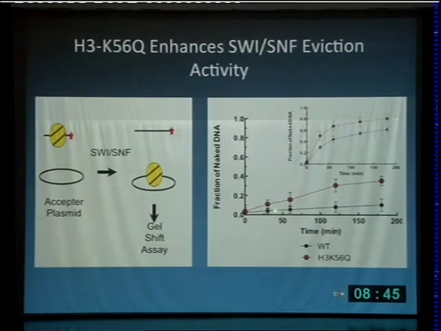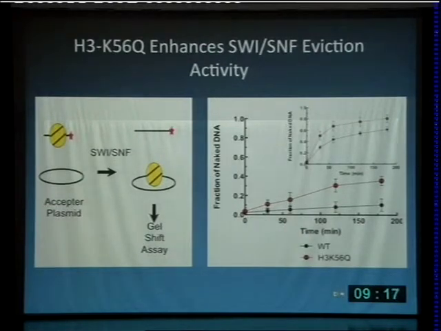What you see here, when we feed it wild-type nucleosomes at this concentration of SWI/SNF, is a pretty lousy nucleosome evictor. Typically, the RSC enzyme is a much better evictor of octamers. SWI/SNF is not very good, but if you feed it now a nucleosome where K56 is mutated to Q, that gives about a 4- to 5-fold stimulation in the rate of octamer eviction by SWI/SNF. We see about a 2-fold increase in the rate of octamer eviction by RSC. So at least at this level, K56 acetylation does enhance the ability of these enzymes to evict octamers,